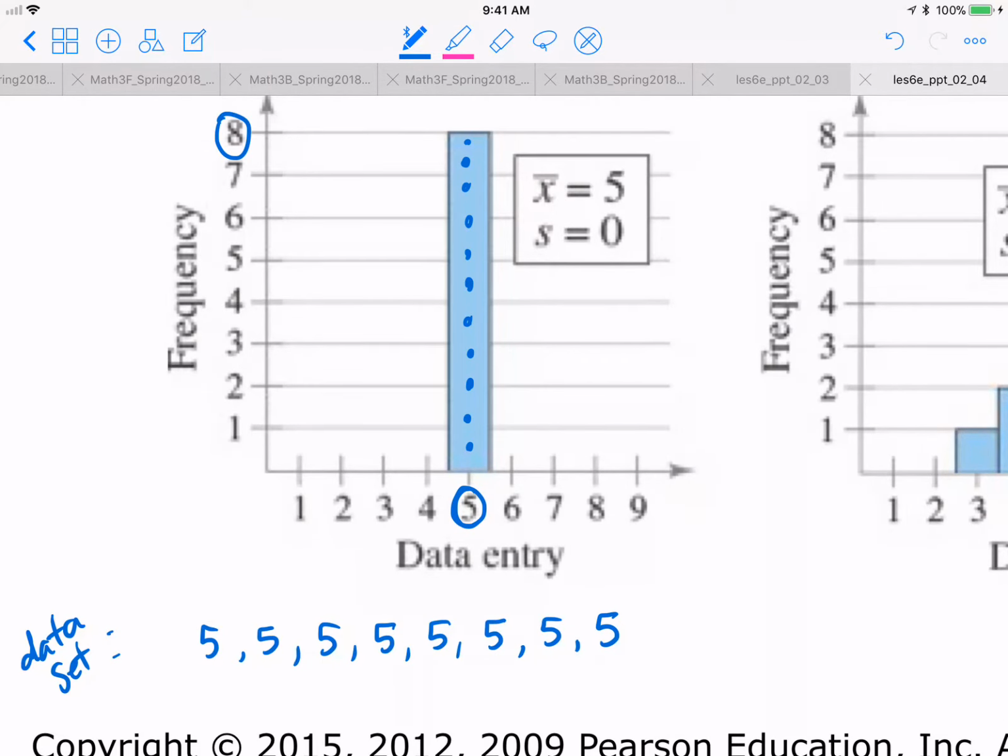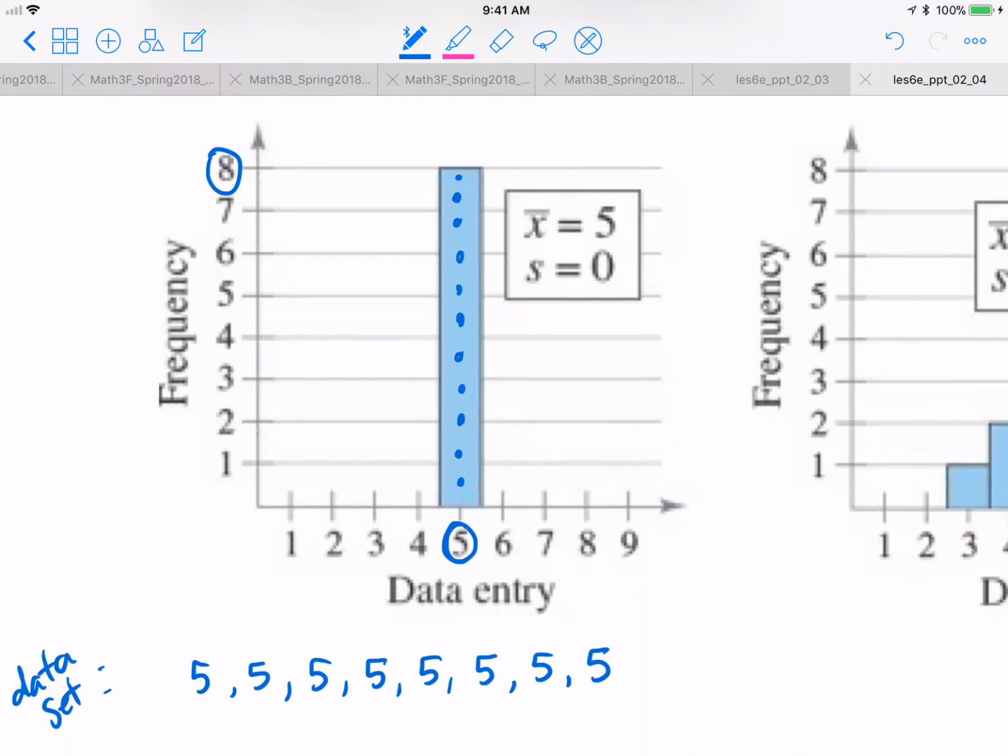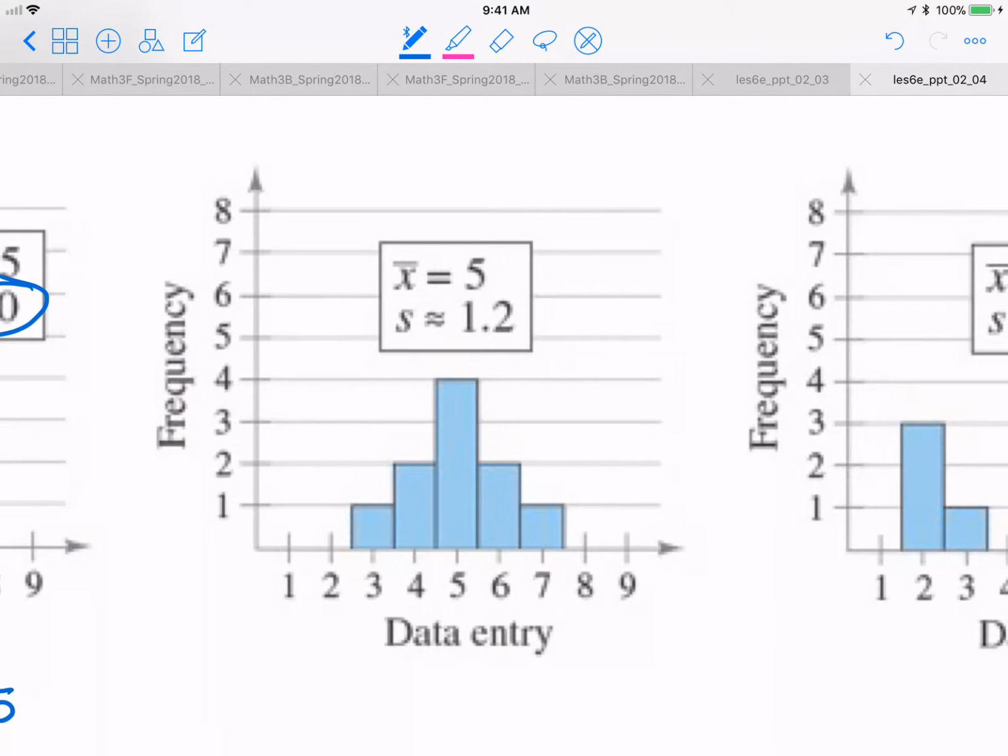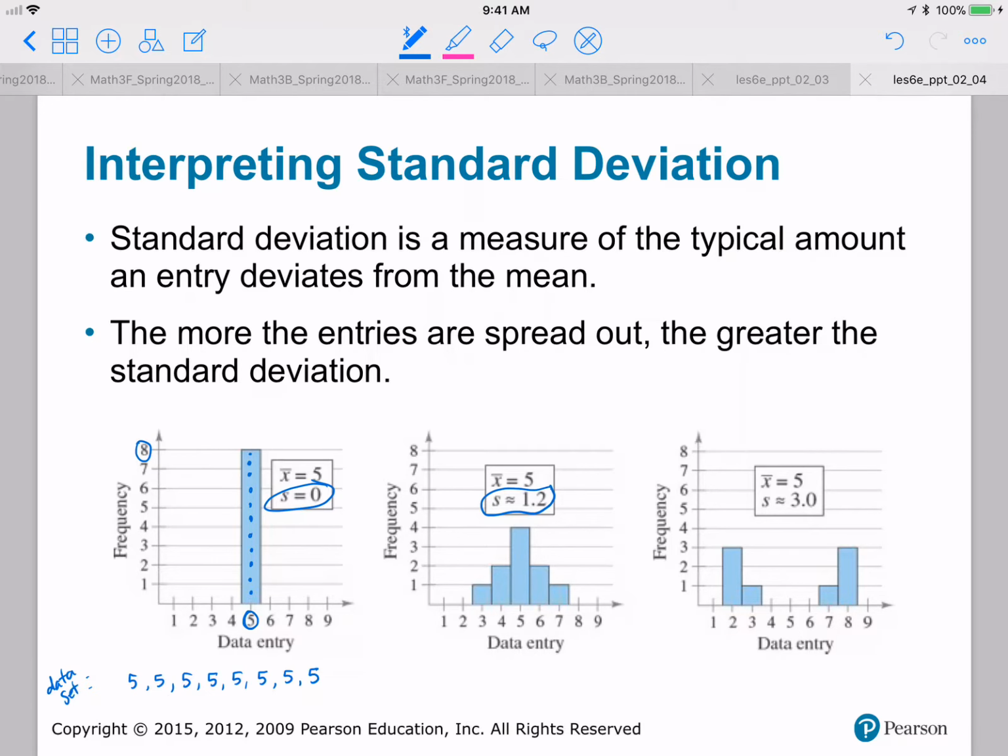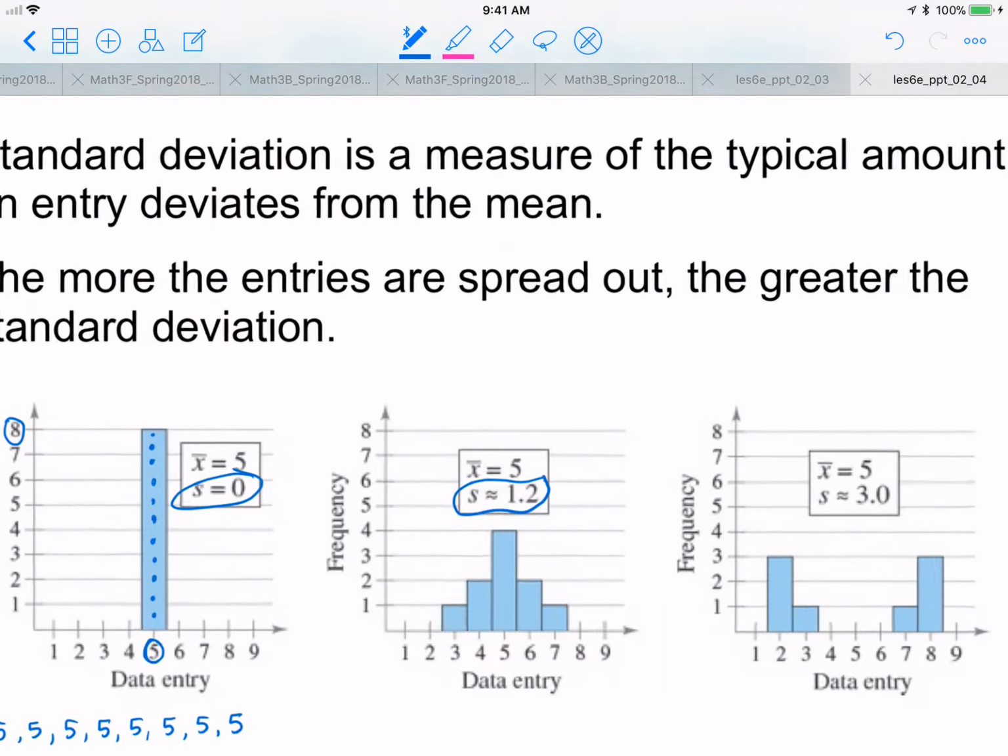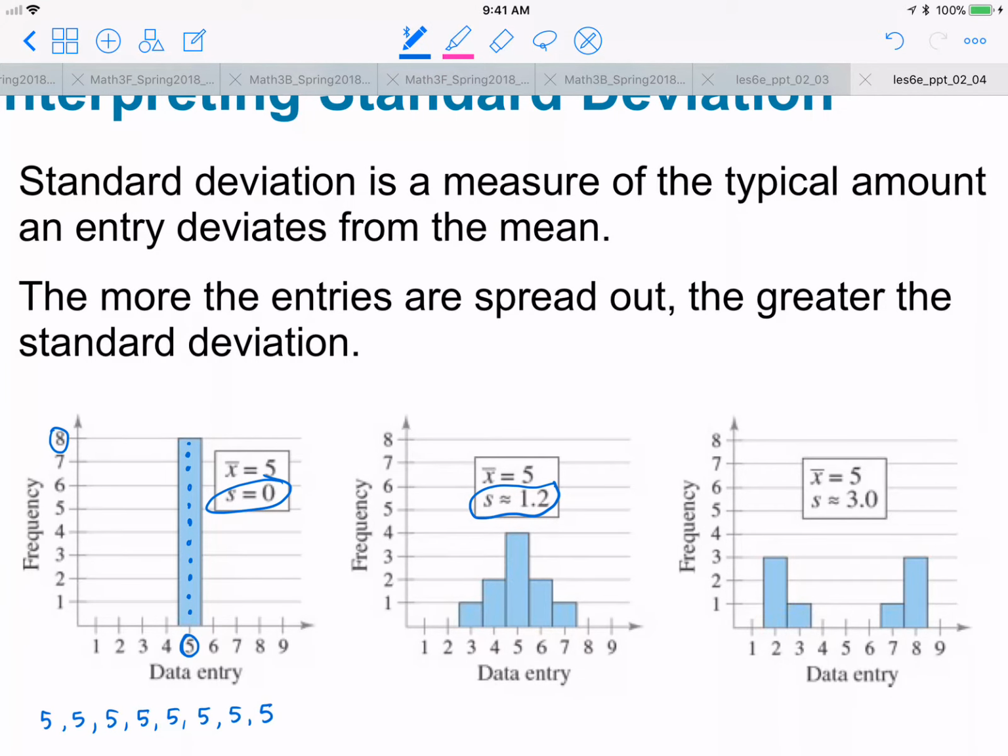And now, what is the variation? What's the deviation? There is no deviation. All of the numbers are the same, right? So standard deviation is equal to 0. And of course, the data is very, very close to the mean. In fact, it is the mean. We move over here, and we've got a little bit of a standard deviation. So standard deviation is 1.2. Still has the same mean, still has the same center. Remember, the mean is a way of measuring the center. What's the center of all three of these? 5, right? So all three of these data sets have the same center, the same mean of 5,